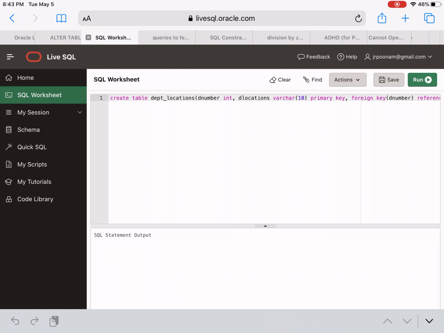Everywhere you can see D number also has been put as, now only blinking is going on there, I can't highlight. You can see D number is defined as integer. You could have had it as varchar and decided the department number to be some alphabets along with some numbers. But I have made it convenient for myself, and since nothing is told in the book, you can simply go ahead and make it integer or varchar, but be careful in whatever you decide. Accordingly you have to enter the data. Okay, so this is how.